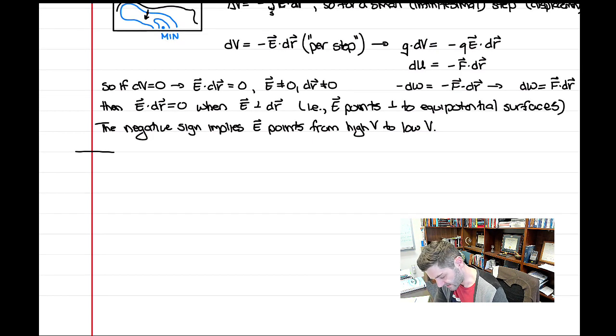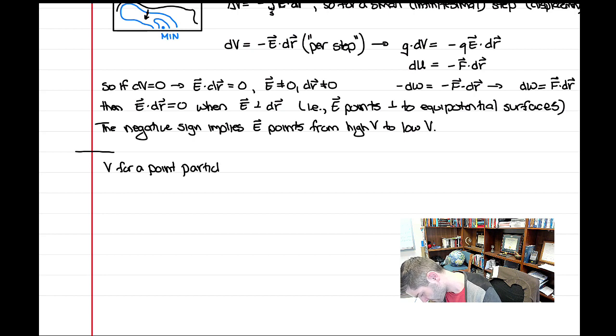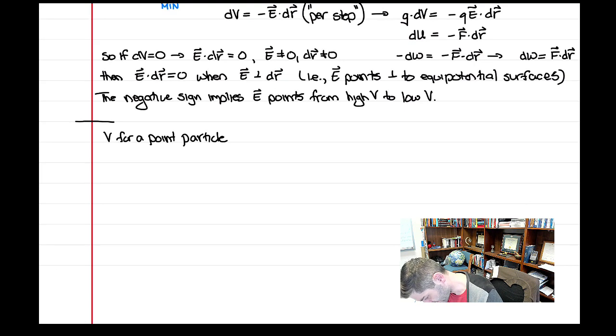I think everyone in class was able to more or less derive the potential for a point particle, but let me sketch that out real quick, just to make sure we're all on the same page. So let's do V for a point particle. So I have some Q,